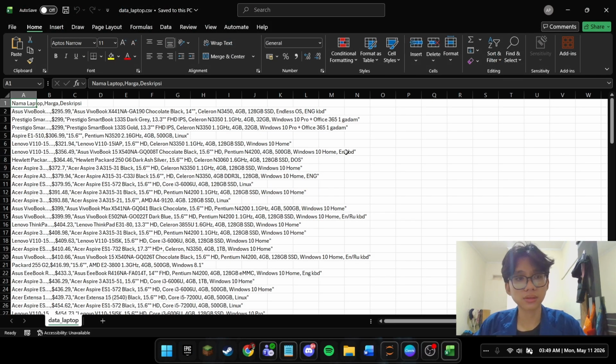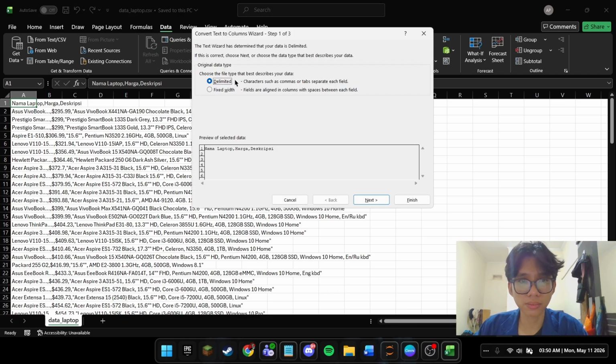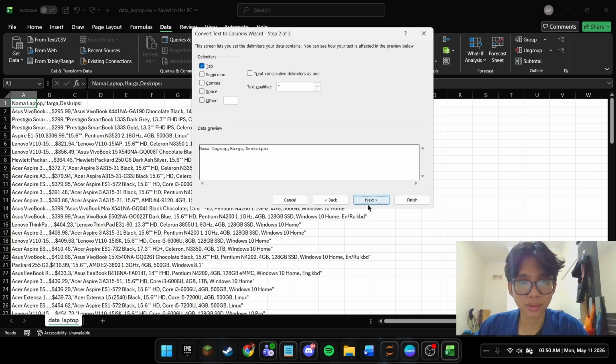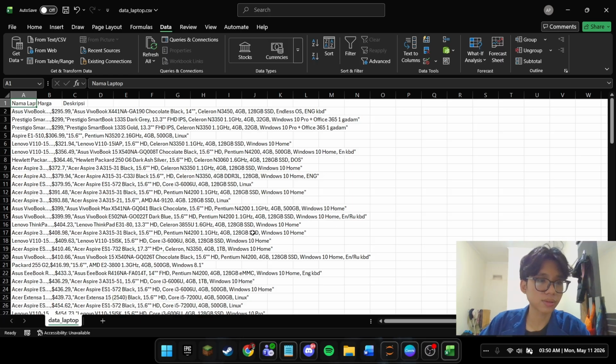Alright, when opened in Microsoft Excel, I'm going to use the text to columns, convert text to columns wizard with delimited checked, then check comma, and then check tab, and finish.